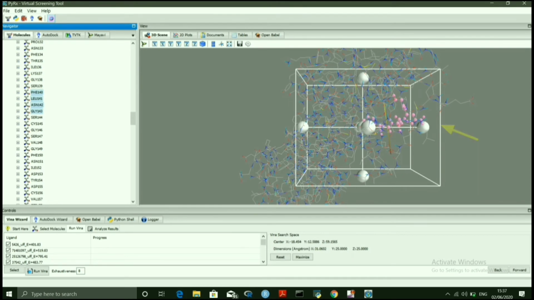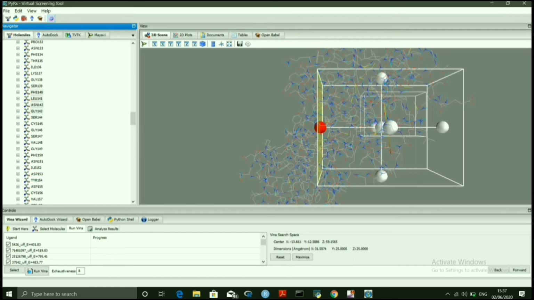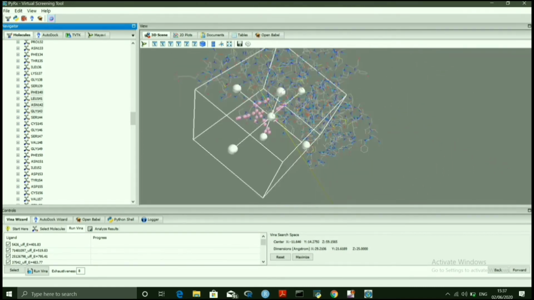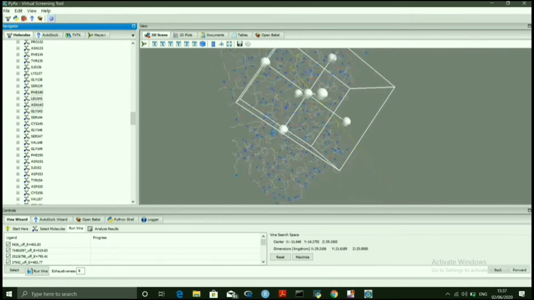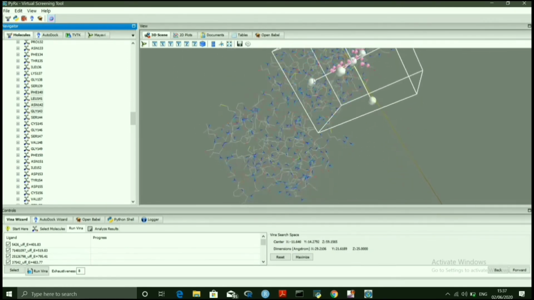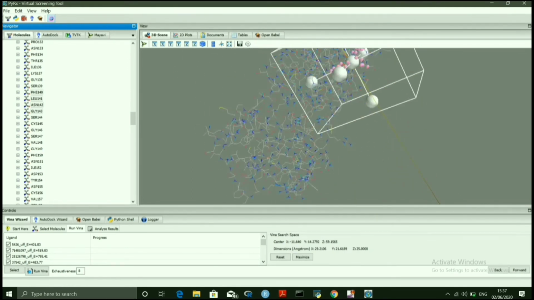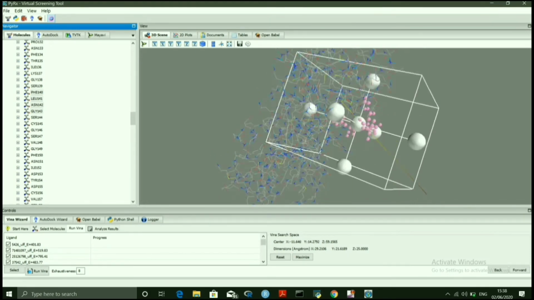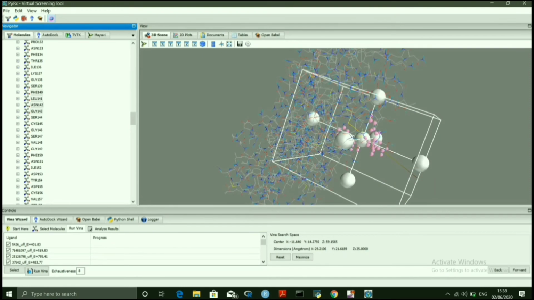This is our active site for our target. Active sites should not come out of the grid, so you can adjust the grid using the balls. The grid should cover the active sites.